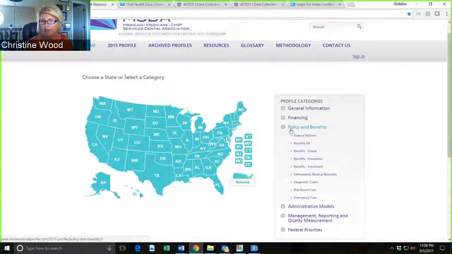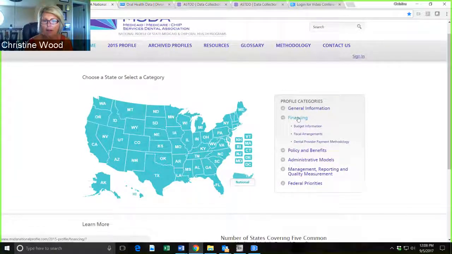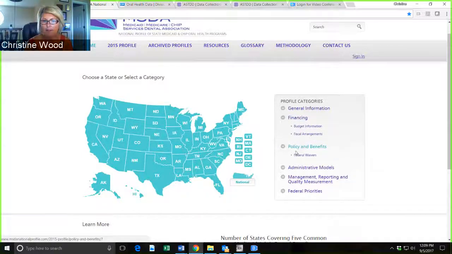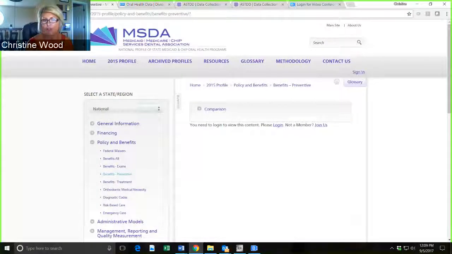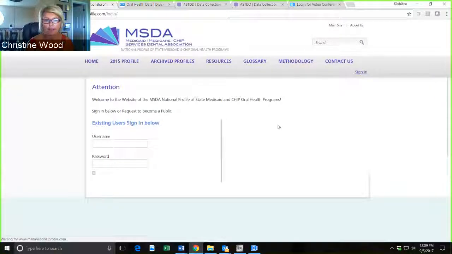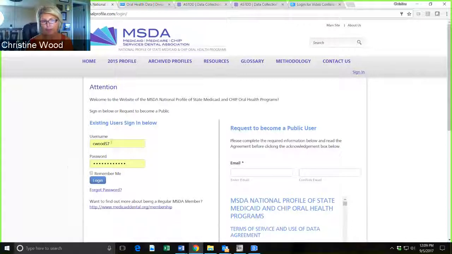Policy and benefits describes all of this, and you get detailed information about what they're covering in these different areas. Let's say I go on policy and benefits and click on preventive. It says you need to log in to view this content. Please log in. If you click on please log in, now I'm actually a member, so I can get into it,